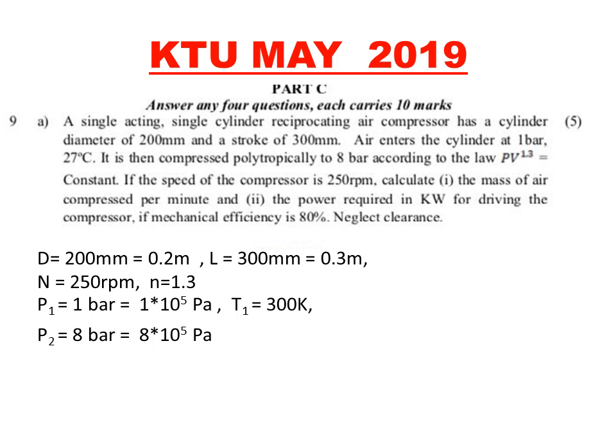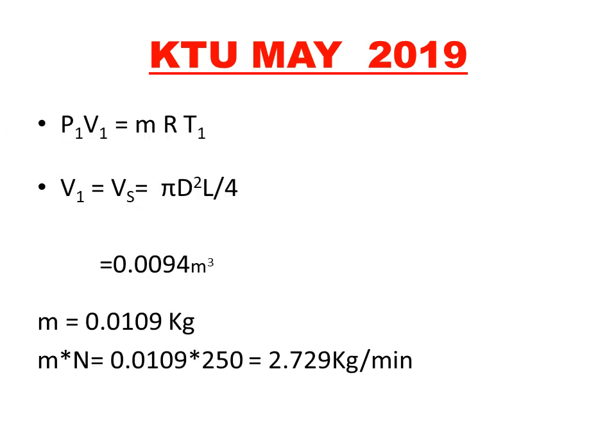So first you need to find out the mass of the air delivered per minute. You know the ideal gas equation, P1 V1 is equal to M R T1. You just apply that formula to the beginning of compression. So the pressure is P1, the volume is V1 because it is the case of compression without clearance, and M R T1. R is nothing but the characteristic gas constant. So for air, the value is constant. You know the value for R. It is nothing but 287 joule per kilogram Kelvin.